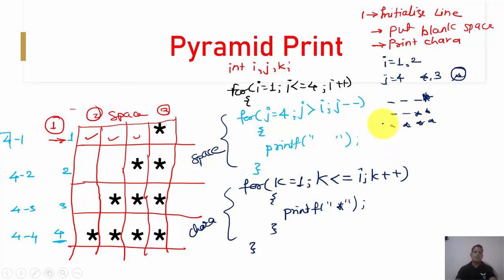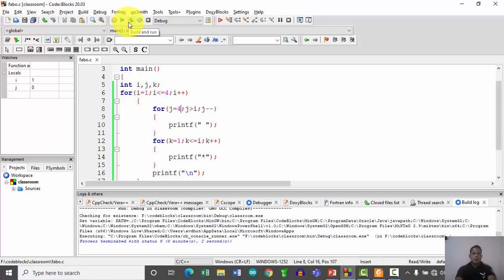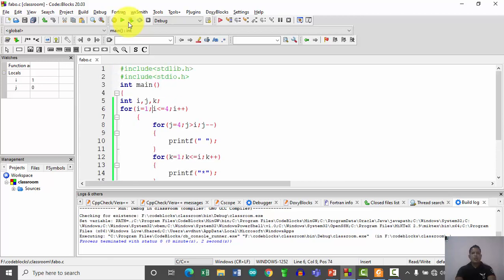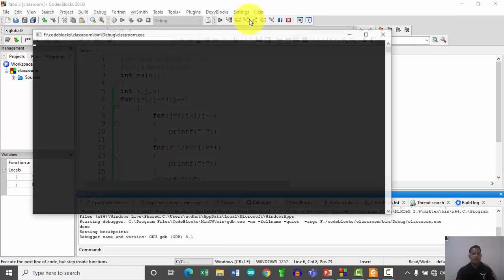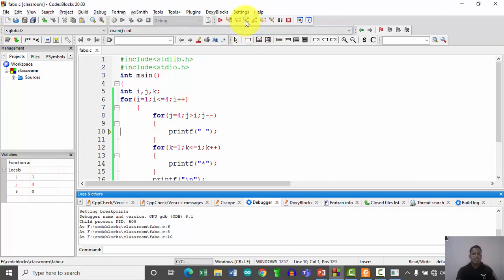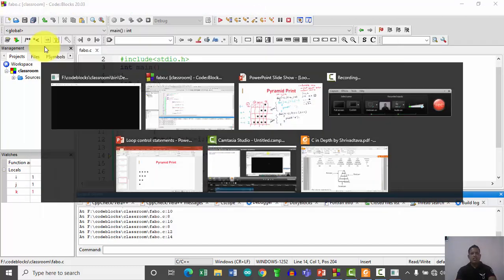So let us check this with simple execution. Here the first, this j loop introduces the blank space, whereas this kth loop is going to deal with what? The printing of character, and obviously i is going to initialize the line. So first line number 1, go with the stepwise execution here. The values of variables i, j, and k are now: i is 1, j is now 4, right? So here 4 is greater than 1, so first blank space. Now 3 is greater than 1, second blank space. Now after introducing 3 blank spaces, it will come out from the loop.